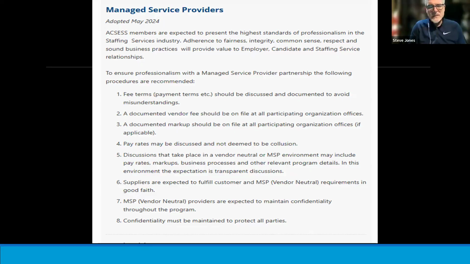Pay rates must be discussed and not deemed to be collusion. So if for whatever reason I said, hey, everybody goes there and needs to make $23 an hour in this particular role at this particular level, we can't have different people making different wages. That creates a whole bunch of problems. You can mark it up however you want to mark it up, or you can manage your costs in many other ways. But in order for people to come here, everybody makes the same wages. Well, some people said, well, that's collusion. But yes, it is.